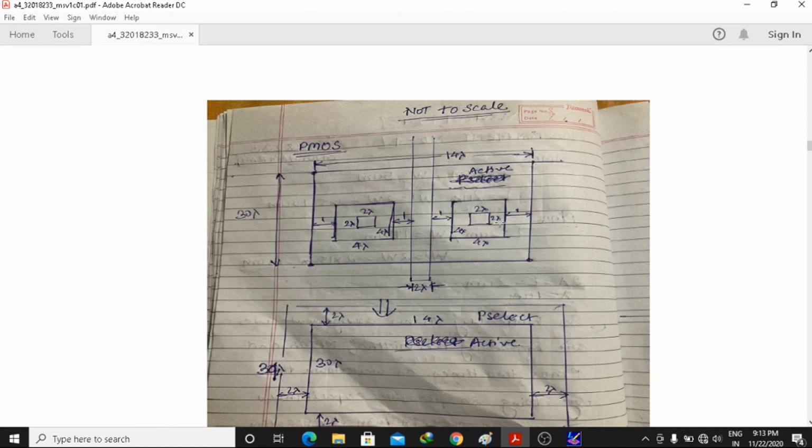Based on that technology, they had a definite set of rules, and they used to implement those rules to create the layout, and after creating the layout, they would create the mask, and then finally they would create the integrated circuit, right?